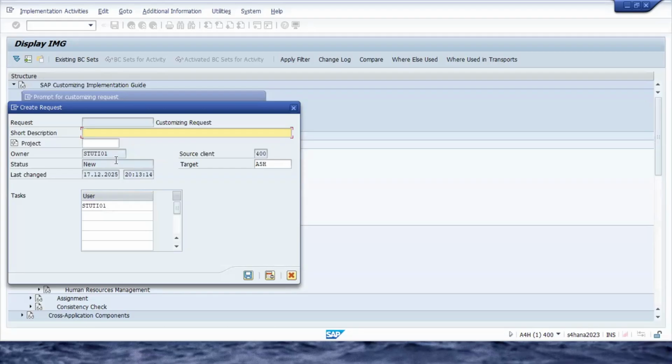Now, the transport request naming convention should always be either with your user ID or your company name. Suppose you are working for a client and you have different user IDs for different modules. So finance has different, MM has different, SD has different. So it is better to use your user ID test. You can then give FI, or you can give the company name. Let's say if we are ABC company, then ABC FI,